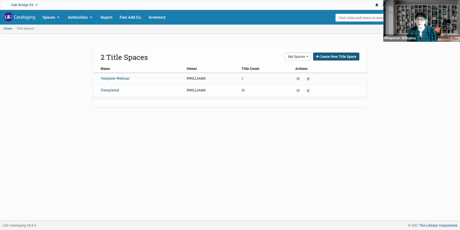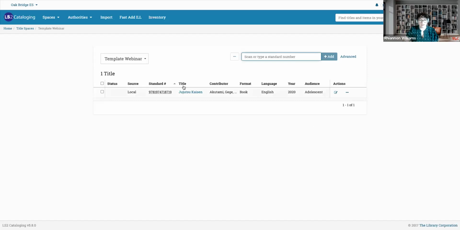have in your system, because this is likely going to be a very common use case if you have a particular title record that you really like the information that's in there and you want to speed up the process for creating new future versions of a similar type of item. And one instance that can be really helpful is in some unique materials like manga. So for instance here,